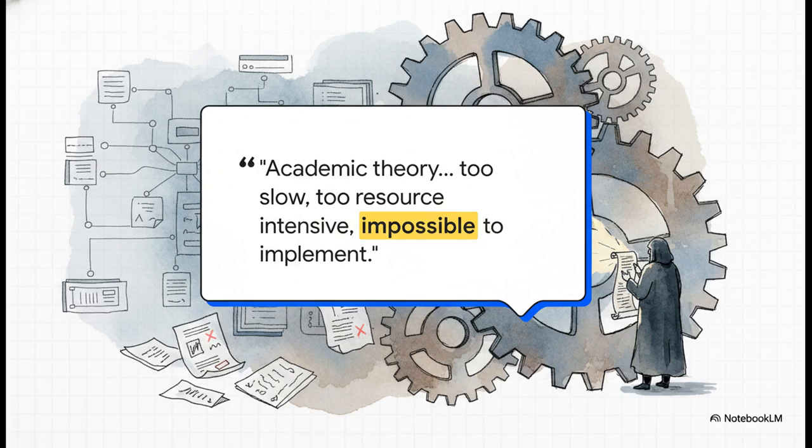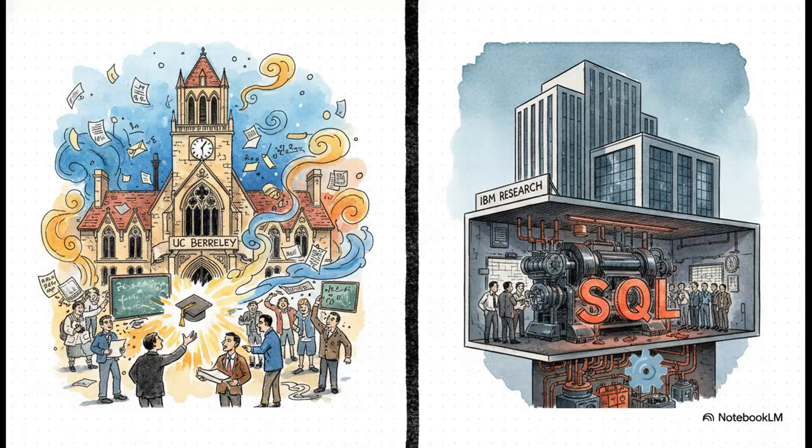Codd basically became a prophet without honor in his own company. But you can't keep a brilliant idea down. Codd's paper lit a fire in the computer science world. Two projects immediately started racing to prove him right. Over at UC Berkeley, you had Project Ingres, which became a training ground for the people who would go on